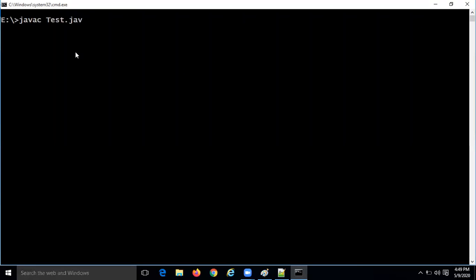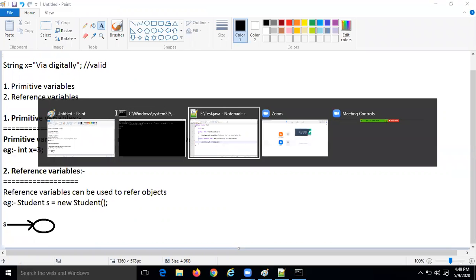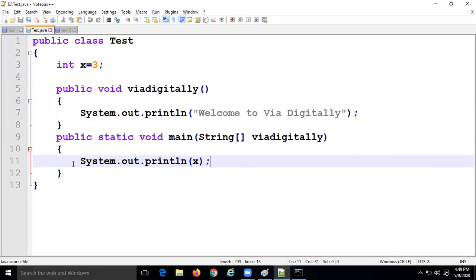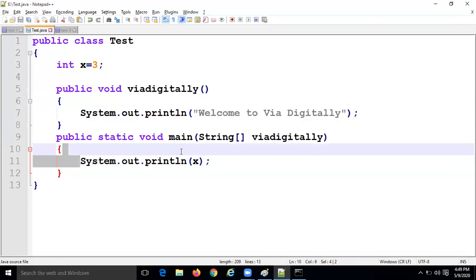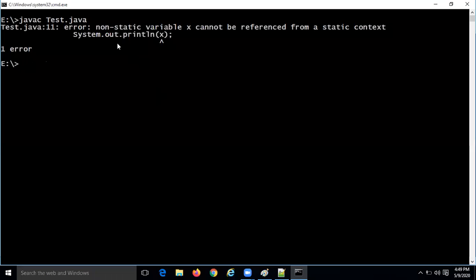javac Test.java. See what error it is saying? Test.java line number 11. Go to line number 11. What is the mistake here? X. What is the error saying? Non-static variable x cannot be referenced from a static context.